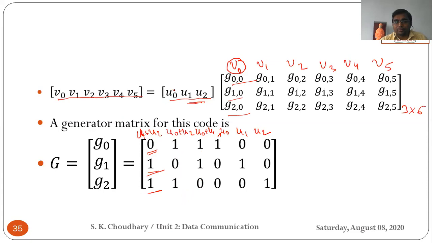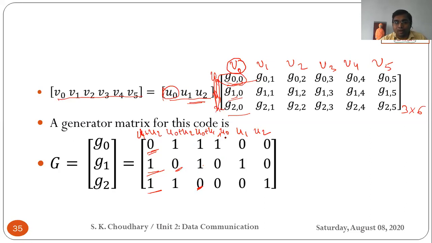See, in this particular V0 there is an absence of U0. U0 is not present. So the first position here, when you multiply, it is U0, U1 and U2, like this you multiply. What you get is, in the first position there is U0 absent in this equation, so it would be a 0. U1 and U2 are present, so wherever it is 1 and 1. Similarly here, in V1, U1 is absent. That's why this position is 0. Similarly third, U0 and U1 are present, only U2 is absent, so it is a 0.